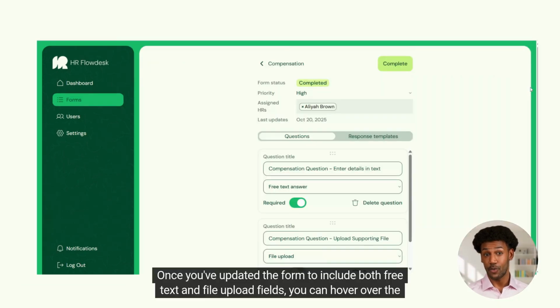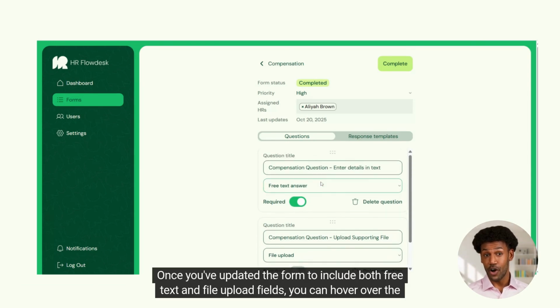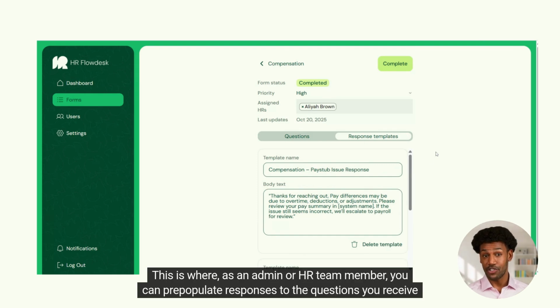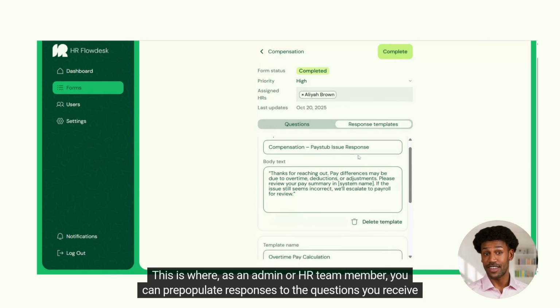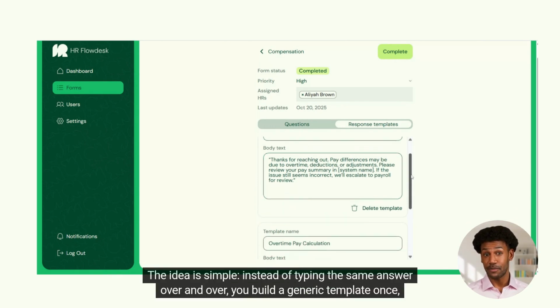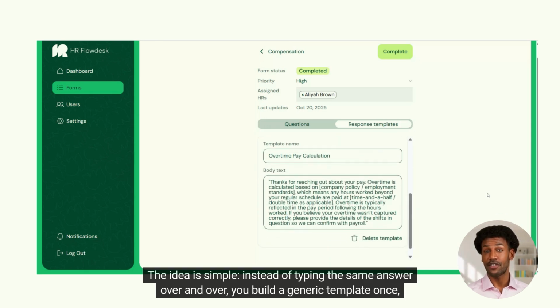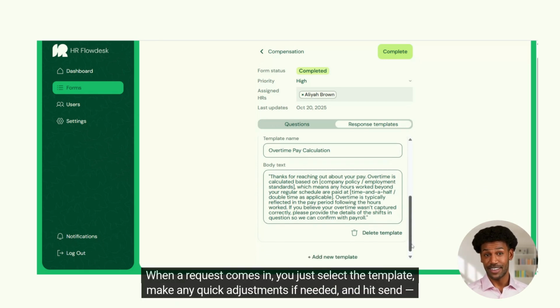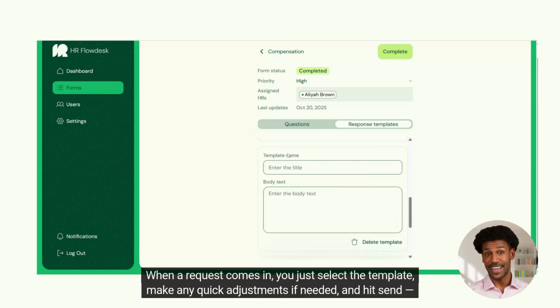Once you've updated the form to include both free text and file upload fields, you can hover over the Response Templates tab. This is where, as an admin or HR team member, you can pre-populate responses to the questions you receive most often. The idea is simple. Instead of typing the same answer over and over, you build a generic template once, and then it's ready to go. When a request comes in, you just select the template, make any quick adjustments if needed, and hit send,